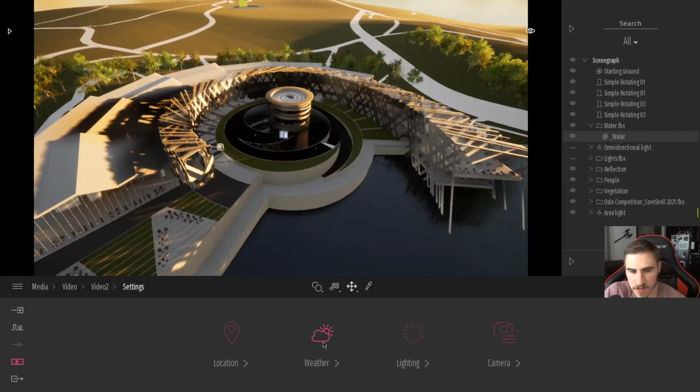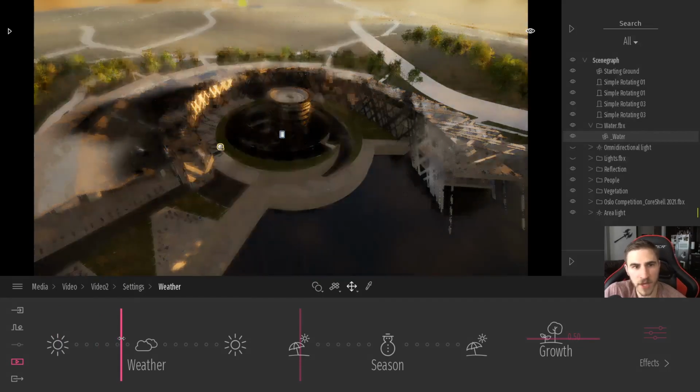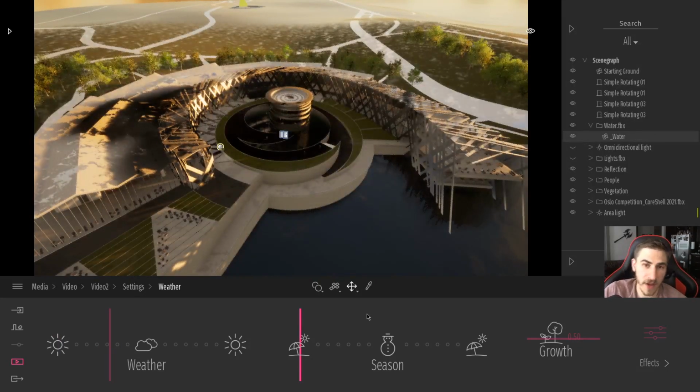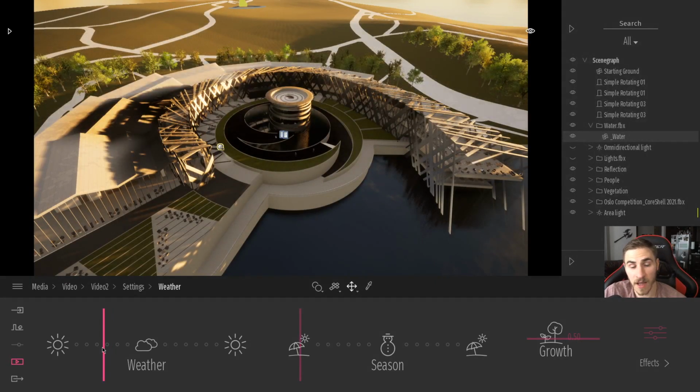Go back to settings, whether, again, all of this information is viewable in a previous video that I've done about images and all the settings. You can find that there, and I will link that up there at the top right now. It's very important that you understand all these different effects and things that you can apply to an image, or in this case, a video, because it's all the same. It translates all the same.